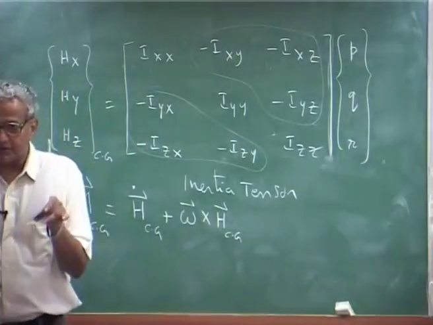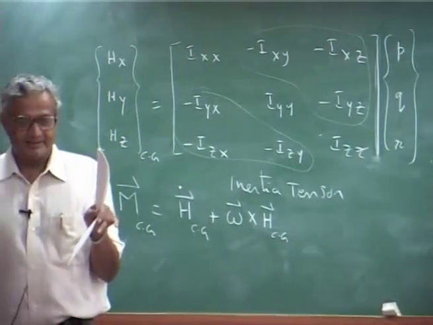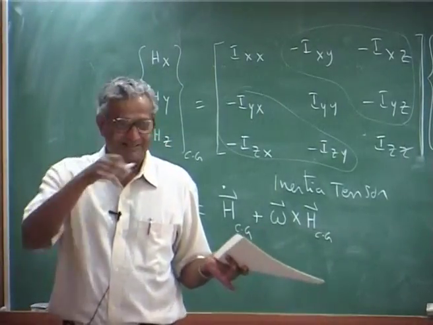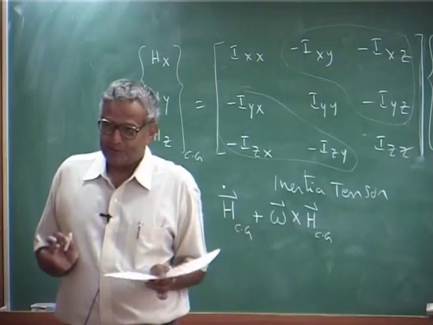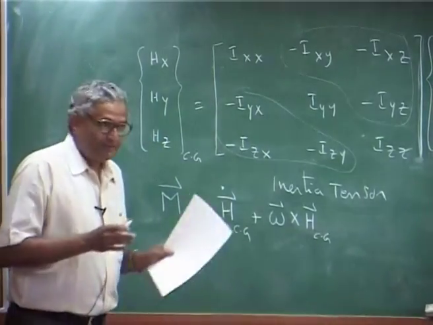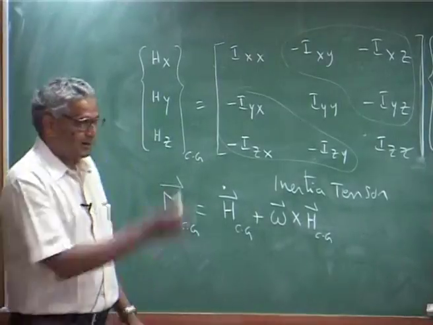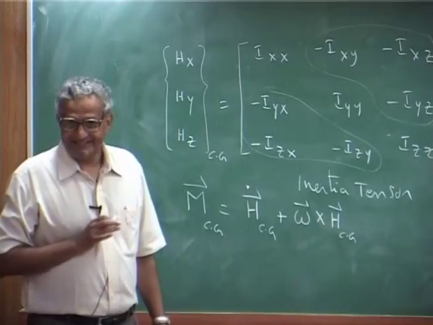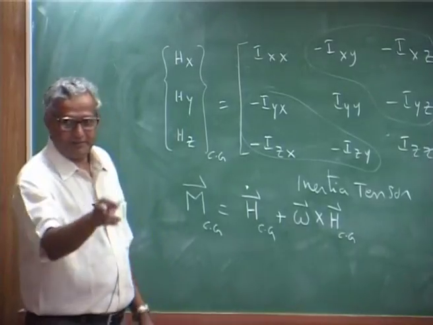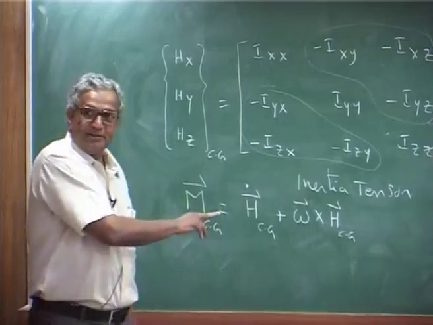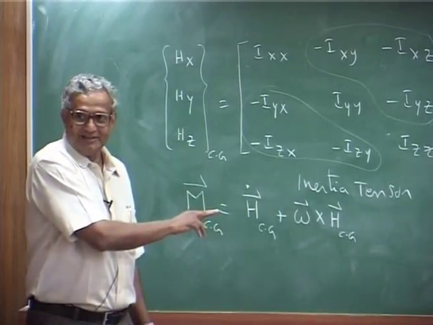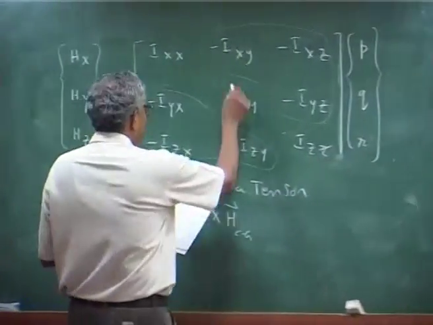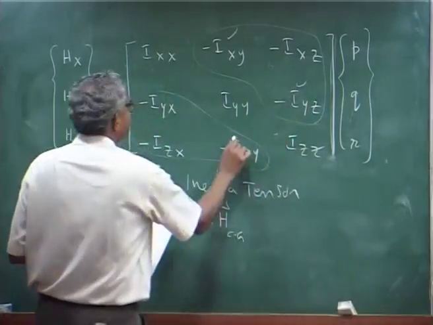If it is a symmetric body, if it is a perfect sphere, then the cross product is 0. You will have Ixx, Iyy, Izz, okay. But if it is a symmetric body about one plane, which is the longitudinal plane, then for every plus y, you will have a minus y. So, wherever y is there, they will go off. That means these quantities